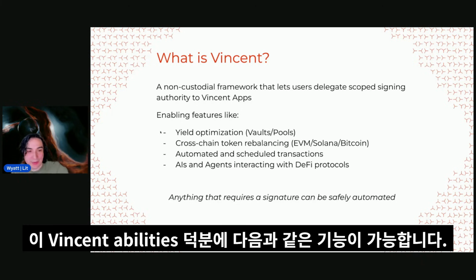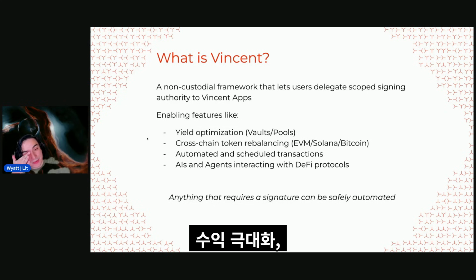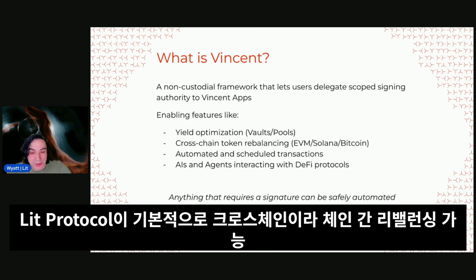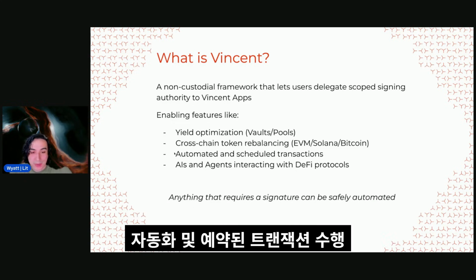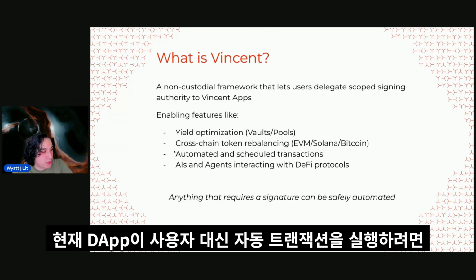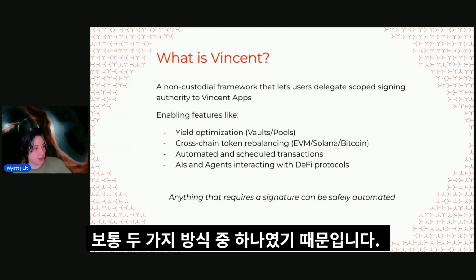And so these Vincent abilities allow for things like yield optimization. You can do cross-chain rebalancing, since Lit Protocol is natively cross-chain. You can do automated and scheduled transactions, which is a really big one, because right now, if you wanted some sort of dApp service to automate transactions on your behalf, or monitor market conditions and then react accordingly, they would